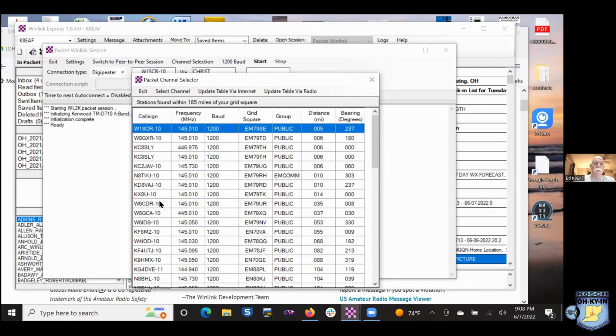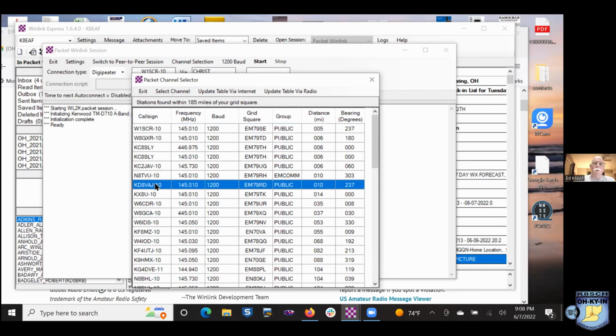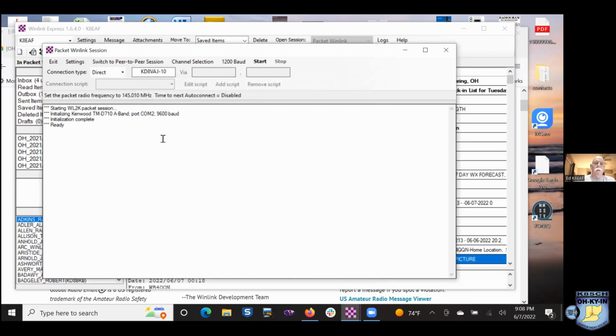So let's hit here. And this is the health department. This is Hoffman down there at the health department. He's got a gateway set up, and it started my packet session. It initialized my D710, and it's all initialized complete. Now, when I hit start,